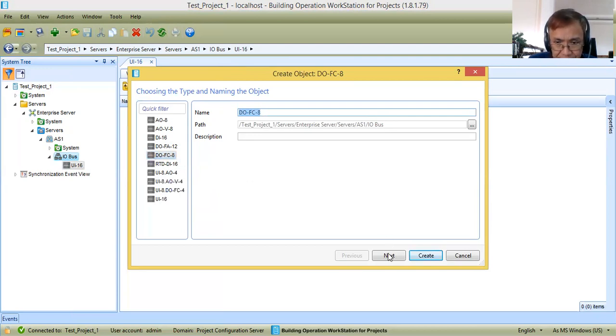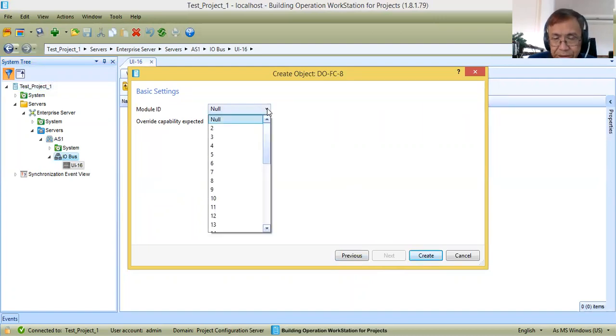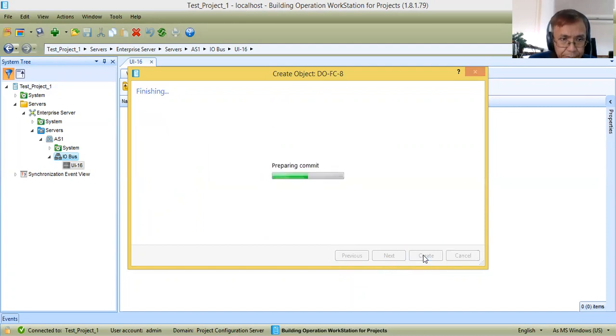I will just say next. No need to put a description. Next. Module ID: because I already used ID number 1, I will use 2. Then create.